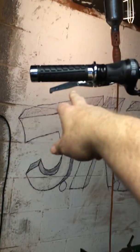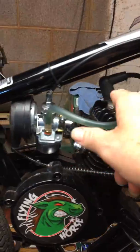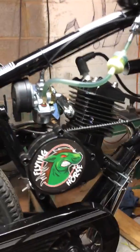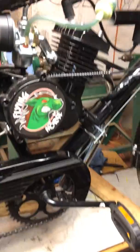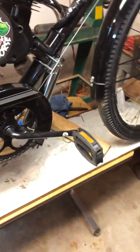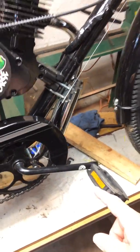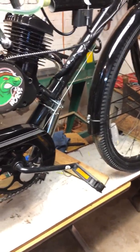when you get to pedaling the bicycle, you pop this clutch. The back tire's turning and turning and turning. And what it does, it fires a magneto that's over here on the other side. It fires the CDI that sends spark to the spark plug. And she fires up. It's sort of like popping a clutch in a car. It's almost like giving it gas. You have to pedal to assist the clutch, like giving gas to a clutch in a straight shift car. Have to pedal as you're coming off the clutch. You just can't rev it up and dump it like a